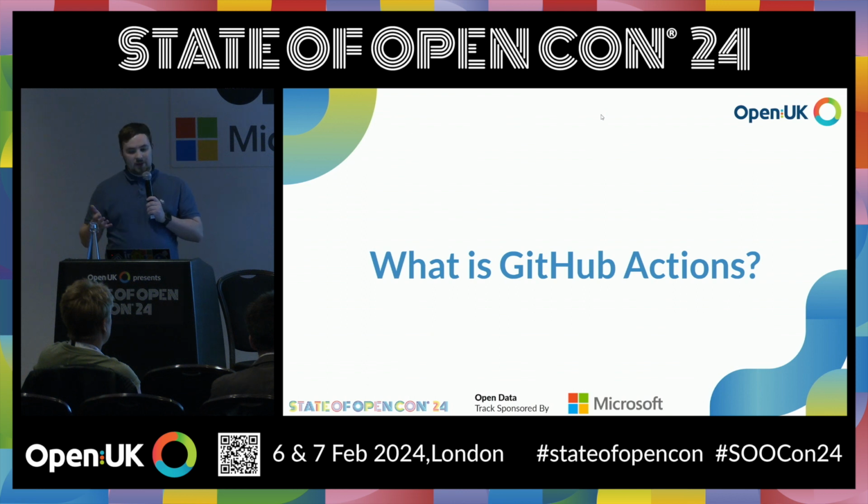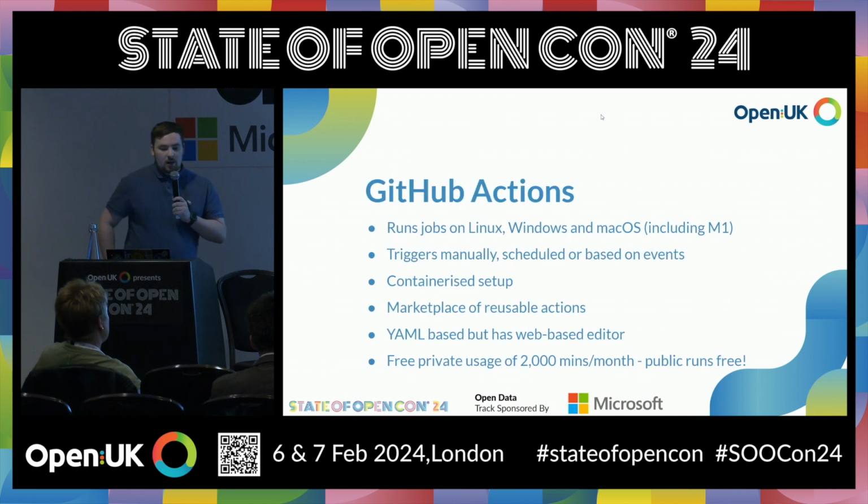Although I've just spoken about CI/CD, I think the more important and more interesting part of what you can use GitHub Actions for is how you can automate other things with it, particularly when it comes to data pipelines. So just to take you through a couple of the main features. It runs on most of the mainstream operating systems. So when you're building things for different platforms, you can ensure compatibility across the board